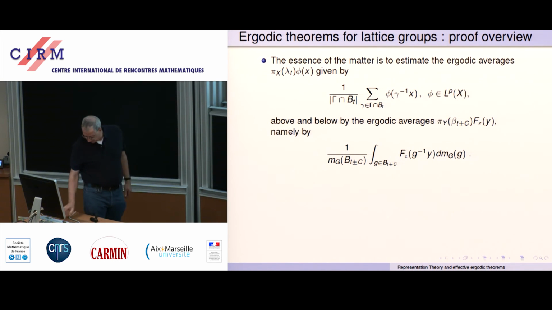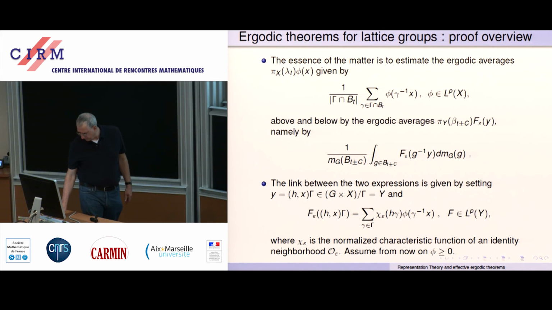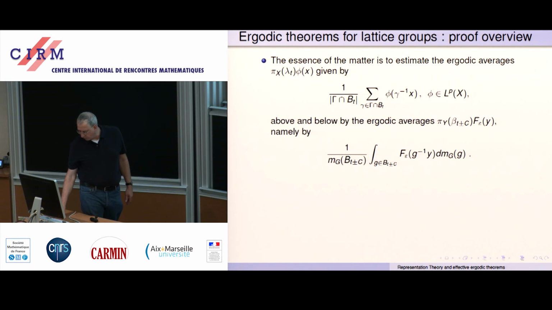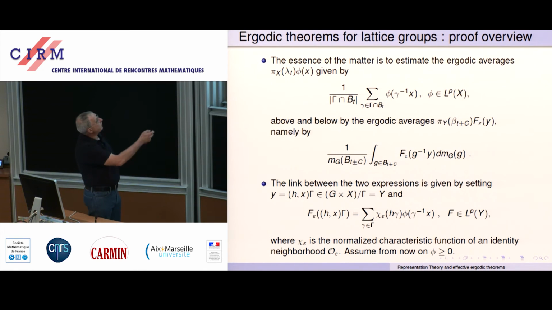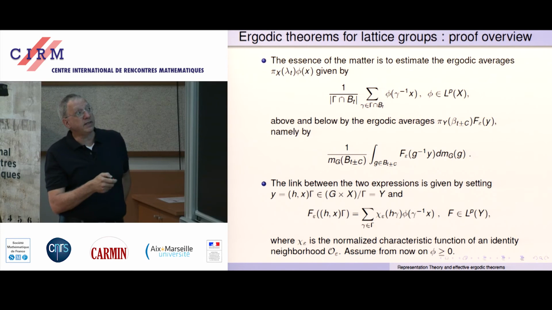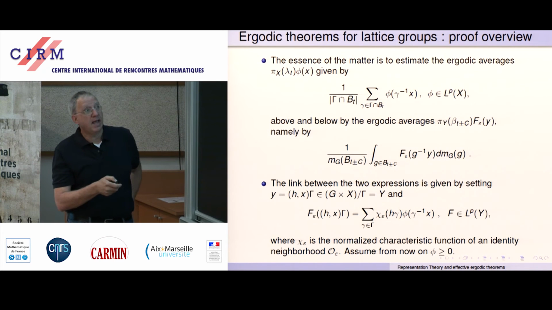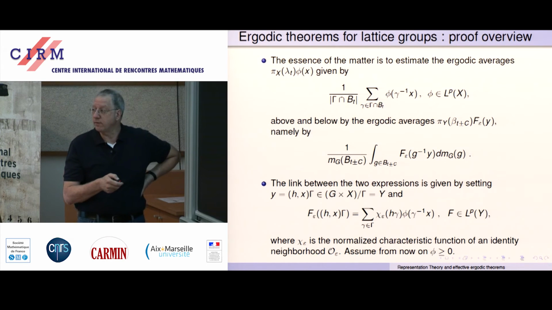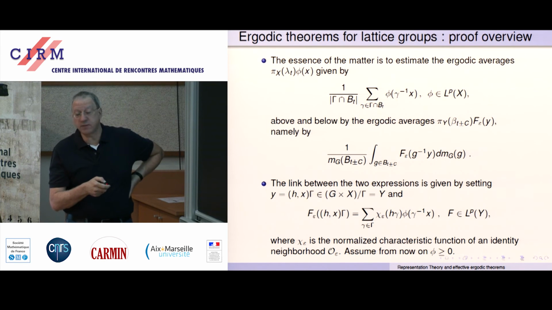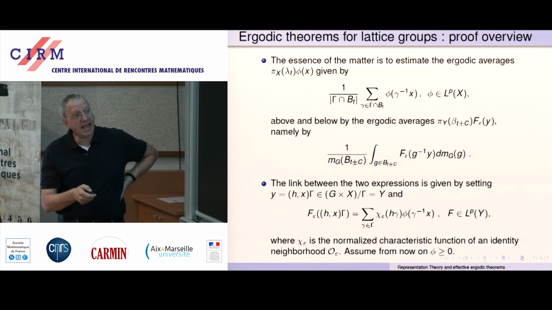And the link between these two expressions, the discrete average on gamma and the continuous average on G, is given by setting y to be the gamma orbit of a certain point Hx, and we define functions f epsilon on the induced space as